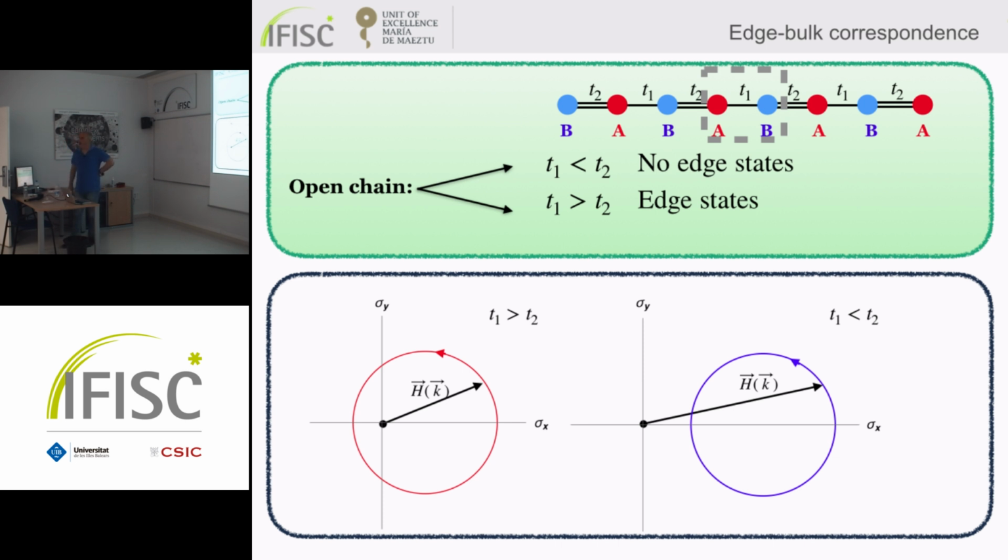Yes, but that's an open chain. No. But the two phases are present also in the closed chain. This bound state, this edge state corresponds to these two different phases also in the bulk. You can test that on the closed chain, and if that's the case, that means that if this chain is open, you have the two states. Okay. So there is a correspondence. You test on the closed chain. Okay. So you fix the center of the chain. Actually, if you take a chain that is long enough for not having information bouncing back into the center of the system, you could do the same on an open chain. Yeah, but I missed the point that you were testing the closed chain. I thought that you were testing the open chain.